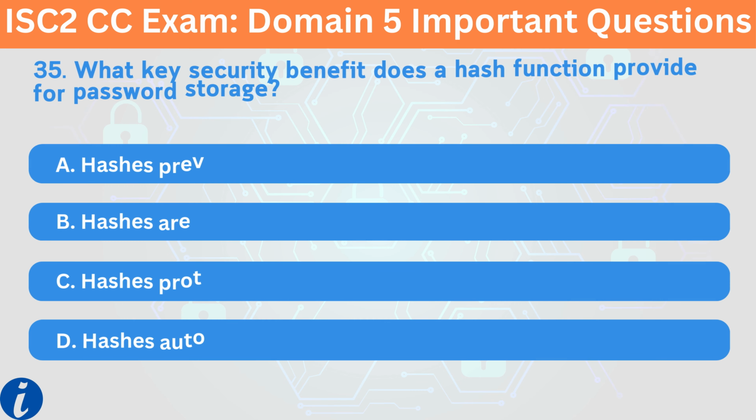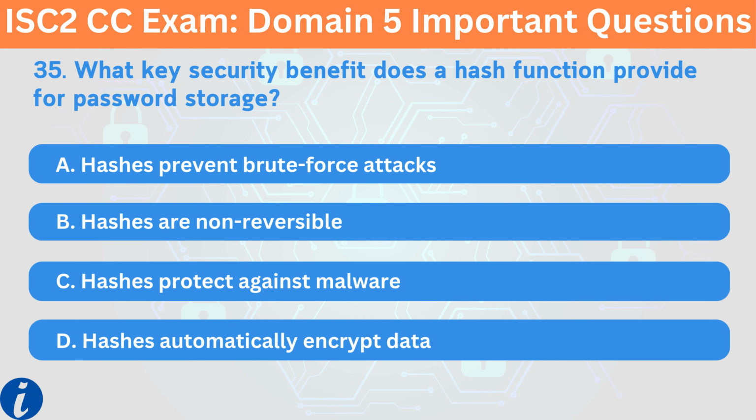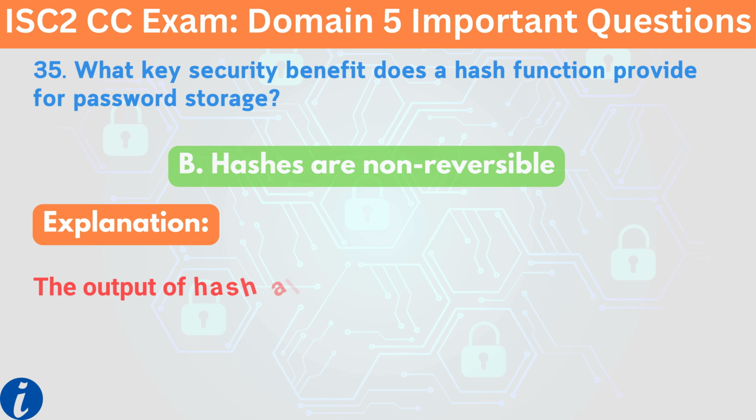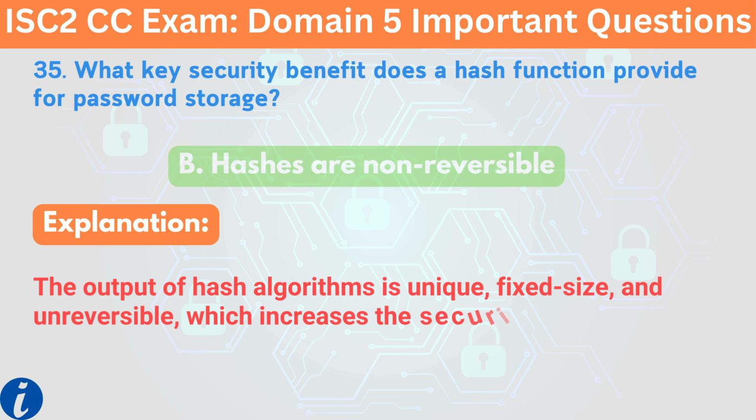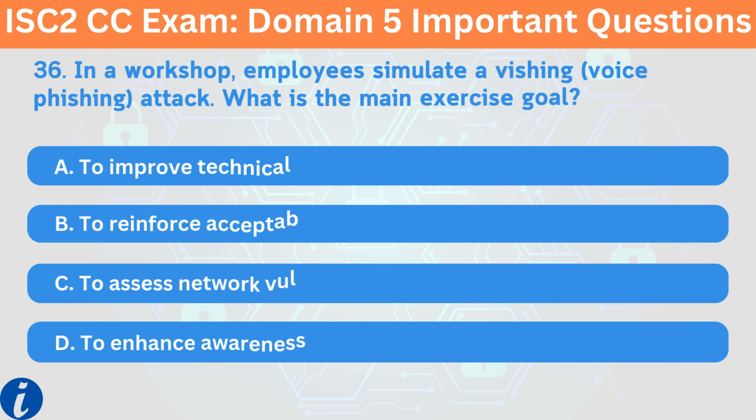35. What key security benefit does a hash function provide for password storage? A. Hashes prevent brute force attacks. B. Hashes are non-reversible. C. Hashes protect against malware. D. Hashes automatically encrypt data. The correct answer is B. Hashes are non-reversible. Explanation. The output of hash algorithms is unique, fixed size, and unreversible, which increases the security of password storage. 36. In a workshop, employees simulate a